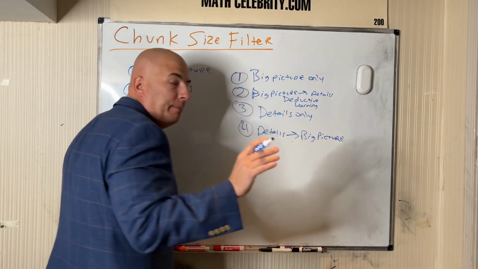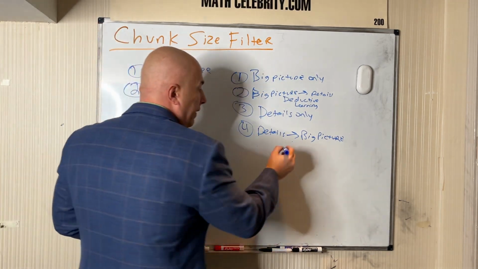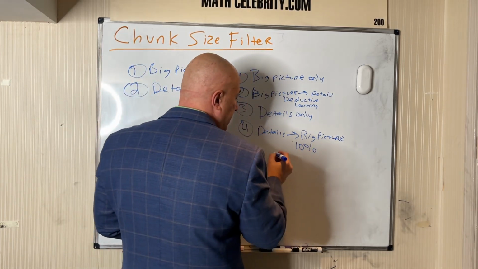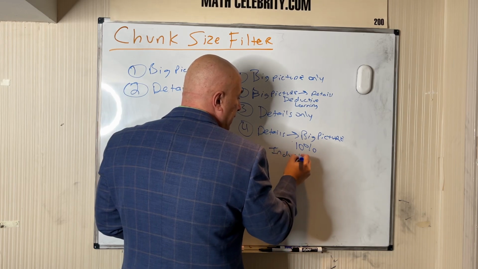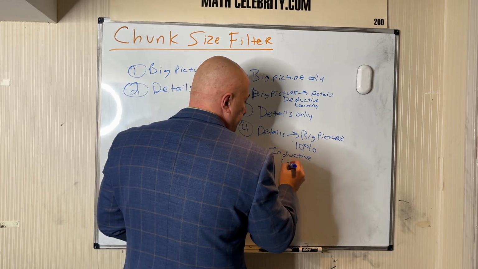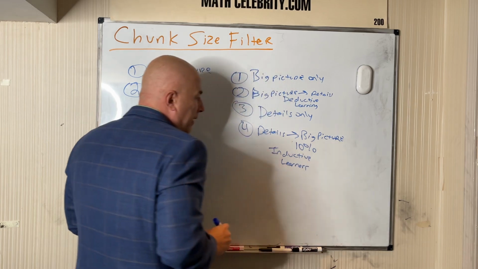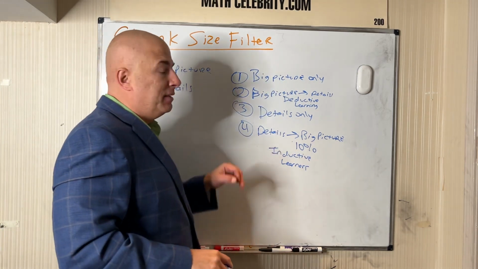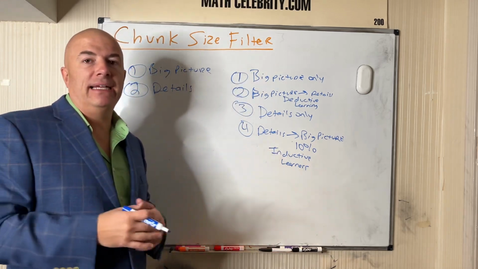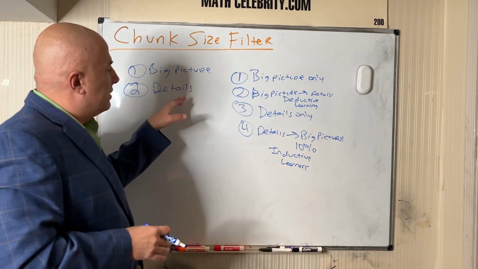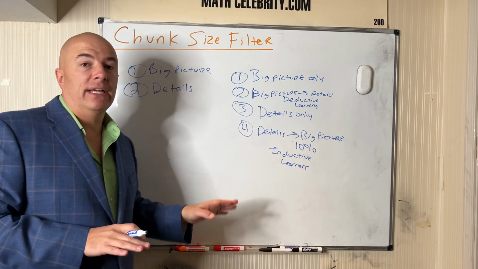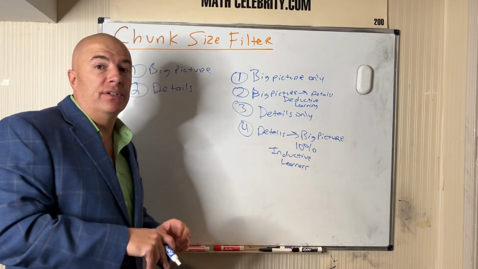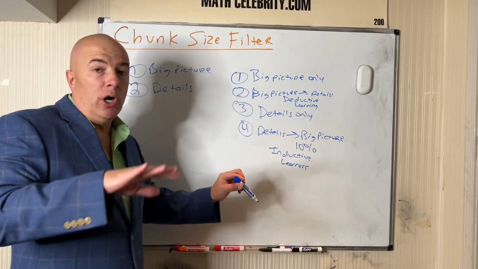Sometimes, by the way, and these people are special. This is about 10% from what we know from studies of the population. We call these inductive learners. And this is how I built MathCelebrity, by the way, and I'll get to that in a minute. These people give me 7, 8, 9 examples of an equation. Sometimes they'll want the teacher or the instructor to give them the big picture, but a lot of times they're going to take the details and then they're going to reverse engineer a formula to solve all or most of